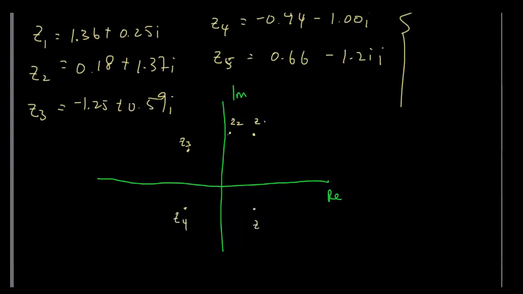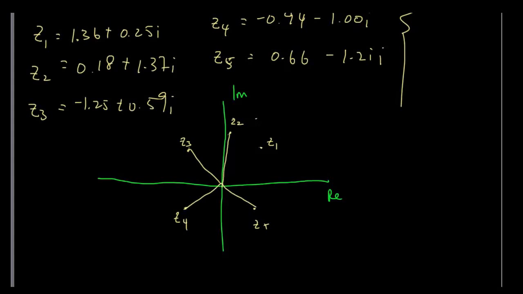Now Z1 should be a little bit further, so that should be around here. Now what that means is, if you were to connect the complex numbers to the origin, these